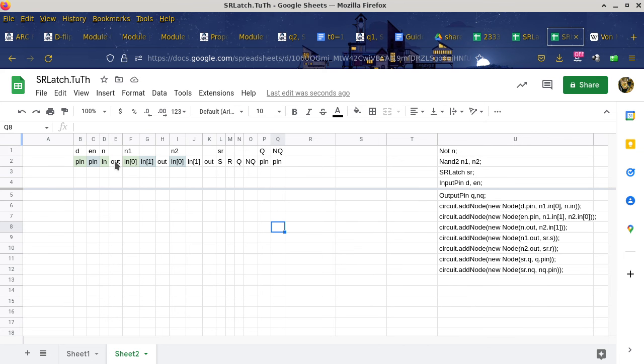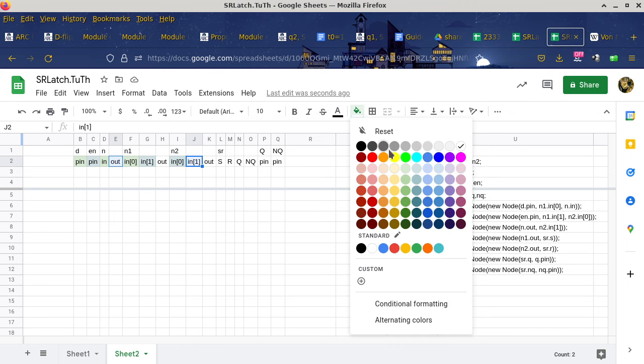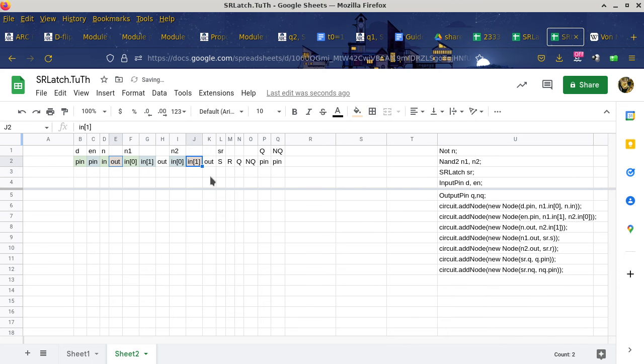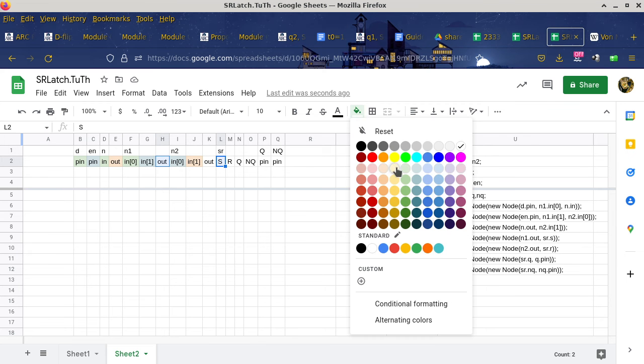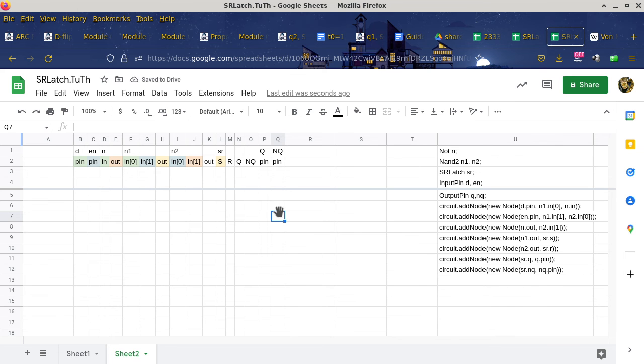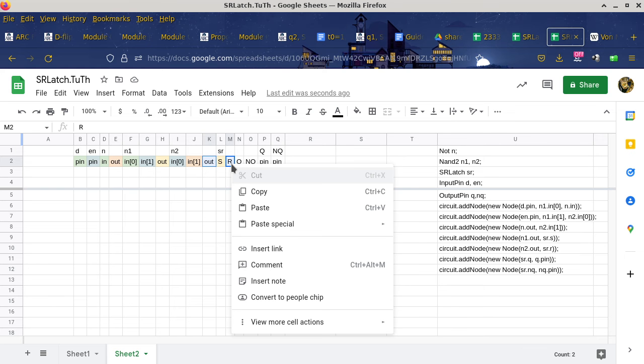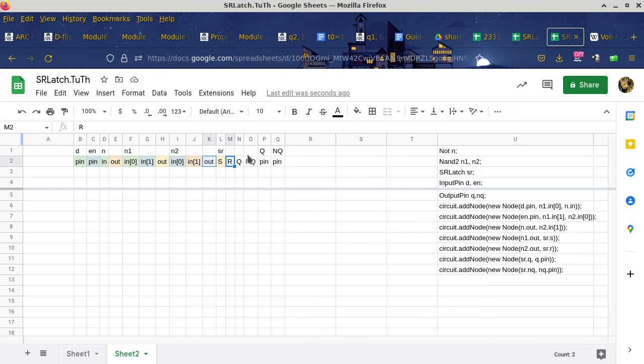The third one is N.out, which is here, and it connects only to n2.in1, which is here. And we'll pick a different color. Let's try orange. And then we look at the next one, which is n2.out. That connects to the S pin of the SR latch. So these 2 are connected. And we'll pick yellow. Let me see. It's good enough. Yellow and orange, you can differentiate between those 2. And then we look at the output of N2. It connects to SR.R, which is this one here. Right click. Oh, no, not right click. Control click and then change the color